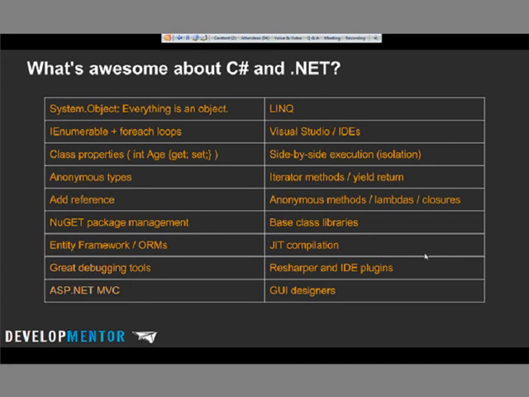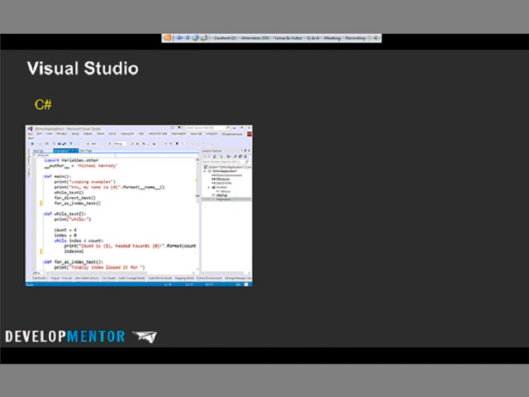Here's a language that's super simple and clean, runs cross-platform, and it has all of these features, right? These are the features that sort of make .NET feel like a snowflake. It's super special and unique, and it's the reason we love it. Well, that's true, it is a good reason to love it, but it's not necessarily the only thing out there that has these features.